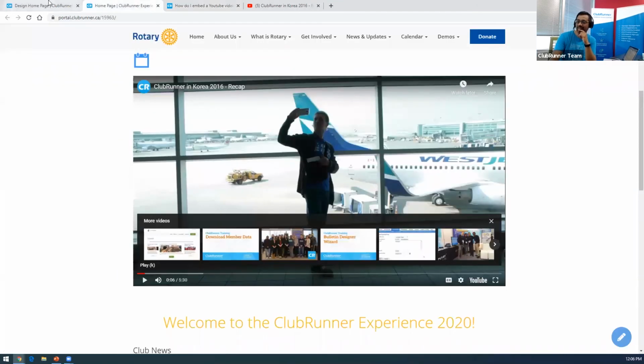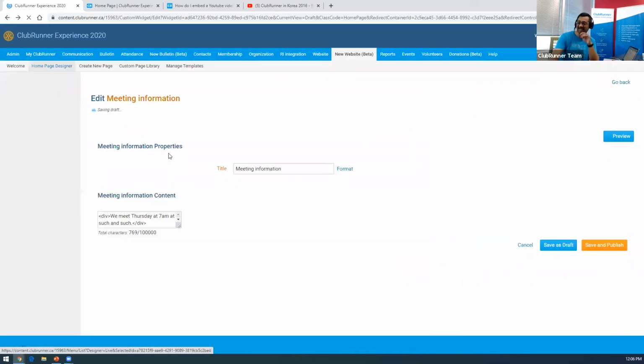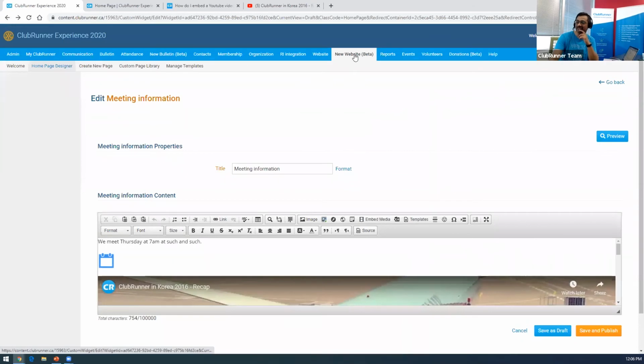Okay. So let me go back to the design view because I want to make sure. Give me 2 seconds. Okay. All right, so let's go to custom pages very quickly and very briefly, or as briefly as I can, without talking too fast. Let me go back because that's what I tend to do. I'm going to click on New Website Beta again, in the top blue tabs. And then instead of clicking Homepage Designer, which will take me to the Website Designer,